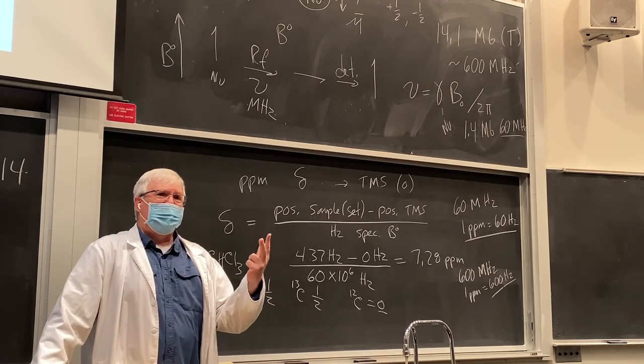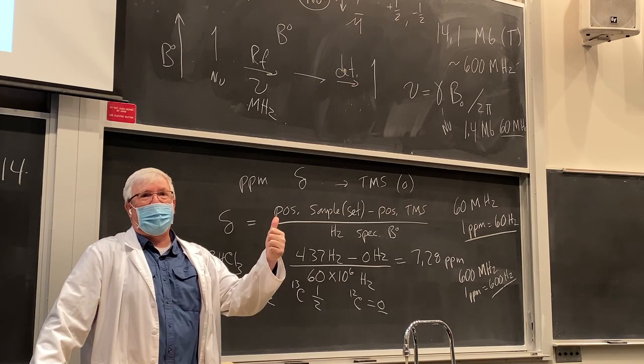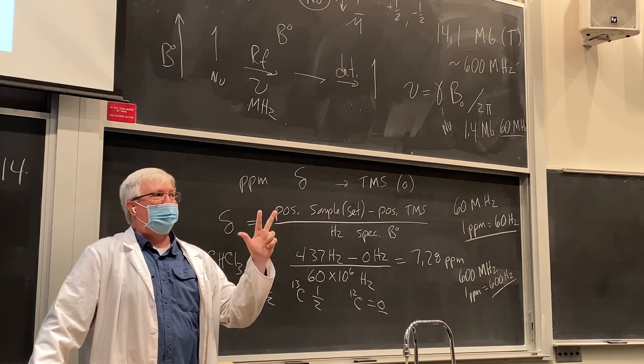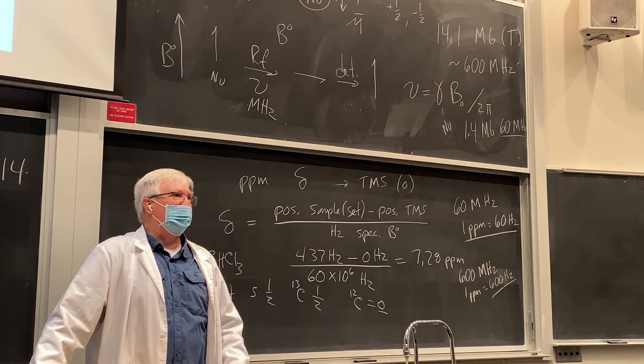Look for those 3 key things. Let's just review that real quick. What are we looking for? The shift, or the delta value for the non-equivalent set. And number 2, we're looking at the integration, how many are in that set. And number 3, what's that? The splitting, how many neighbors they have. Always keep those 3 things in mind. That'll help guide you through the complexities, I think, of